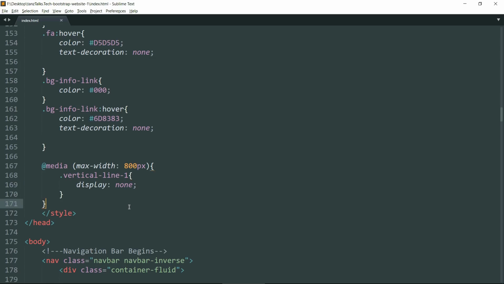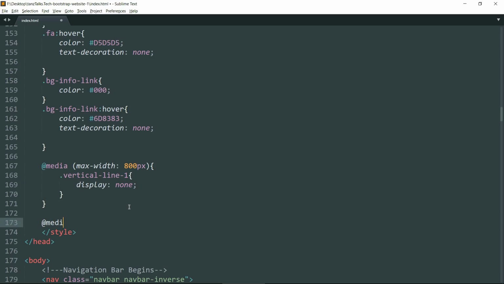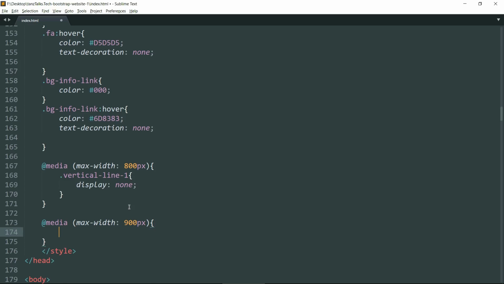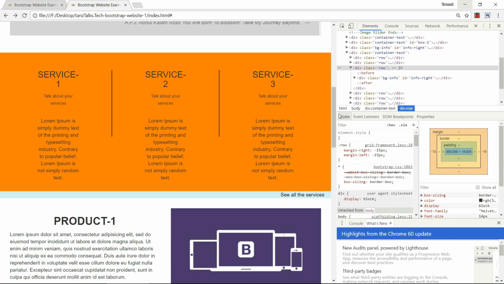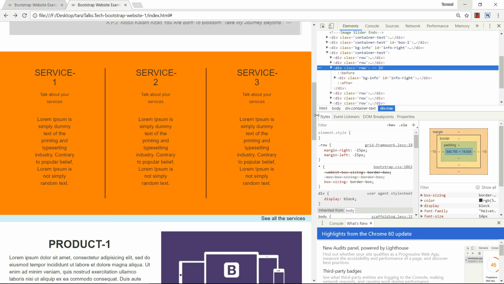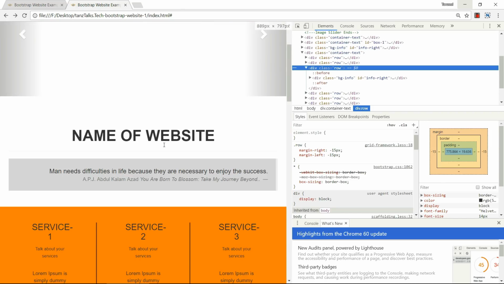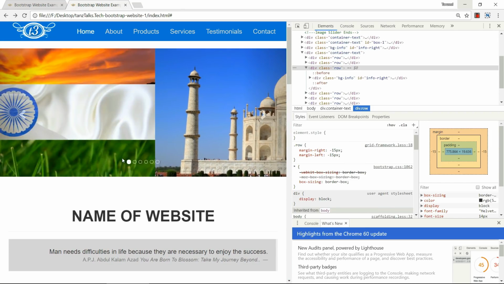Type @media bracket max-width, let's say 900 pixels, open bracket .vertical-line-1, height equals 400 pixels. Let's save this and see in the website. Refresh, and yeah, now we have a bigger line. Now this is looking fine.